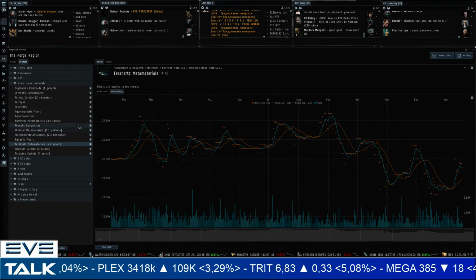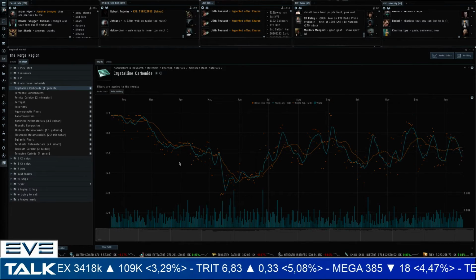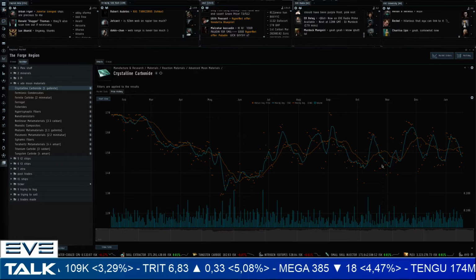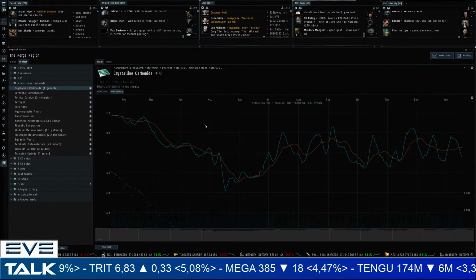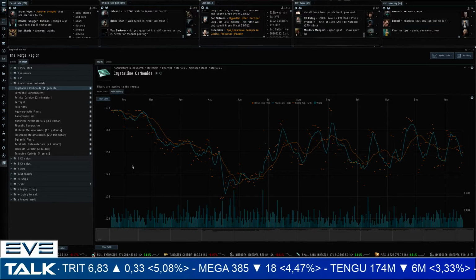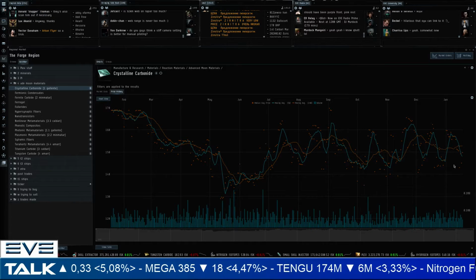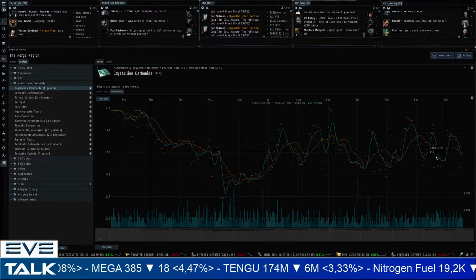Let's take a look at the carbides then. Here is crystalline carbonite. That one is basically hovering around 150 ISK right now, going back below that, 150 for the sellers, 145 for the buyers. Basically doing okay on this 1 year chart. Not great, but the volatility manages to maintain an average of 150, which I think is still kind of okay